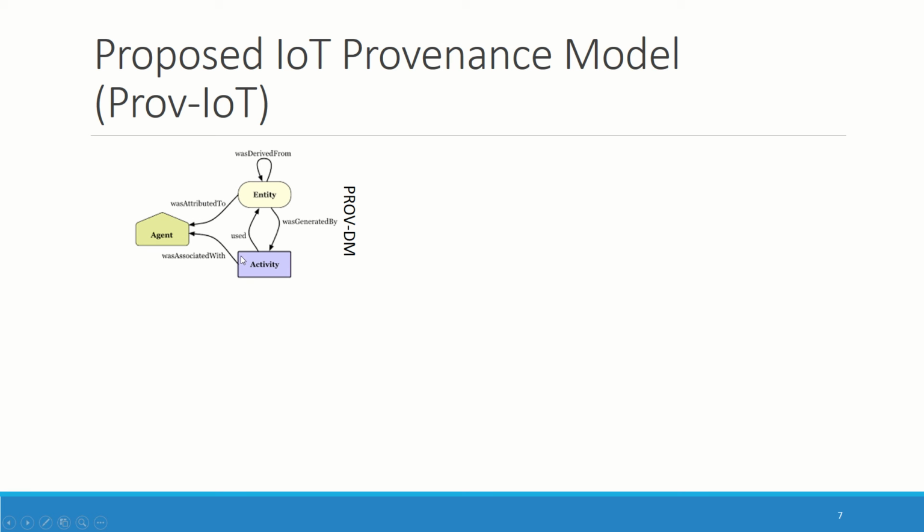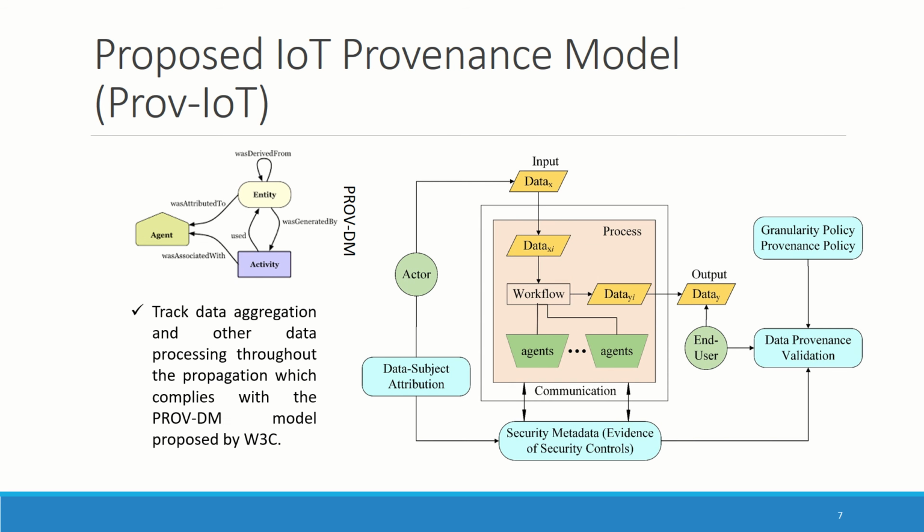The processing, generation or modification, the different kinds of workflows, are indicated as an activity, and as you can see, there are different relations involved in the ProvDM model. So in our Prov-IoT model, we start with the ProvDM model, and then we add some attributes, so that all the processing steps are included in